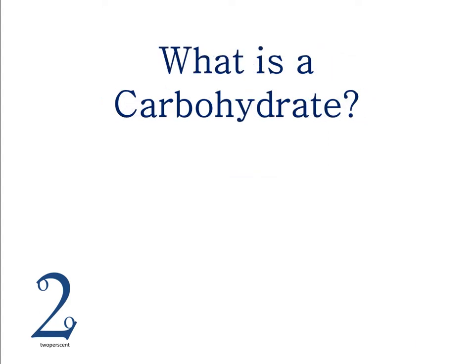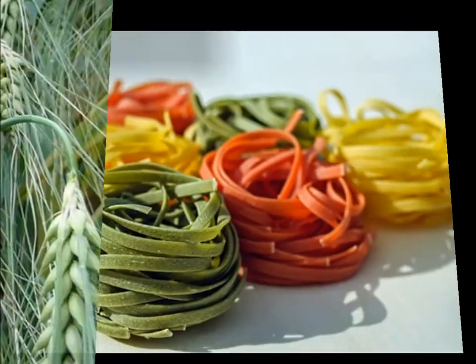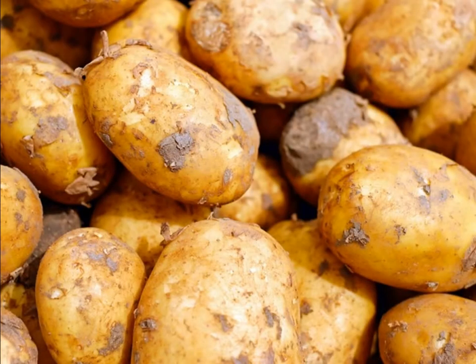The first thing we're going to go through is what is a carbohydrate. A carbohydrate is one of the three main macronutrients, and the other two macronutrients are proteins and fats. Essentially a carbohydrate is always broken down into glucose, which is pretty much the most simple of sugars. Some examples of what a carbohydrate is: anything that is derived from grain, and therefore any grain-based products like bread, pasta, anything that's very starchy or high in starch like potatoes,